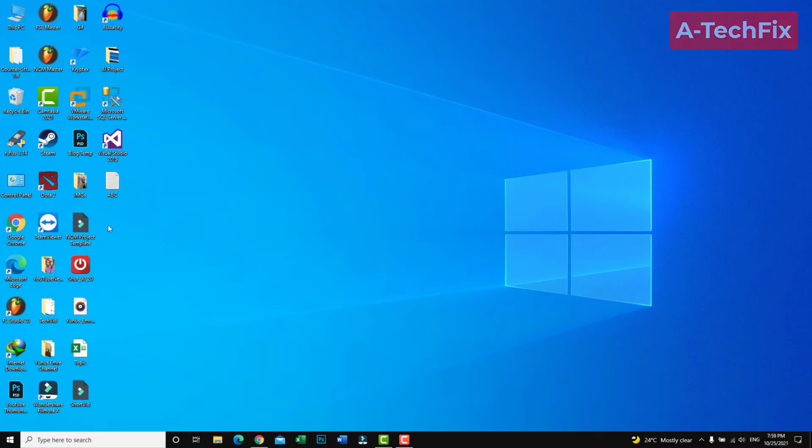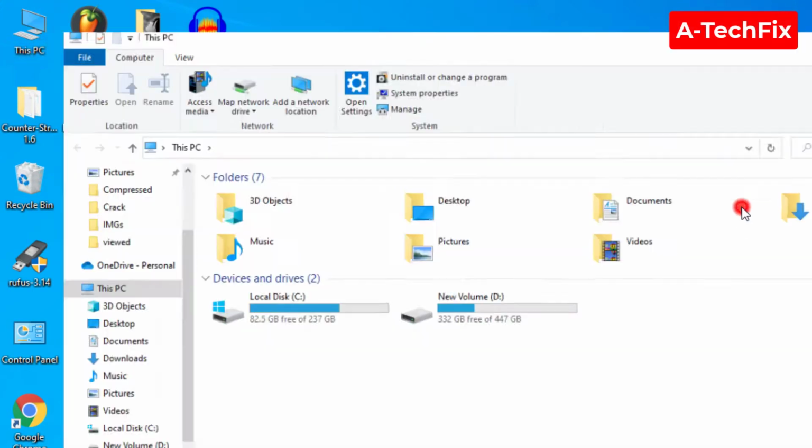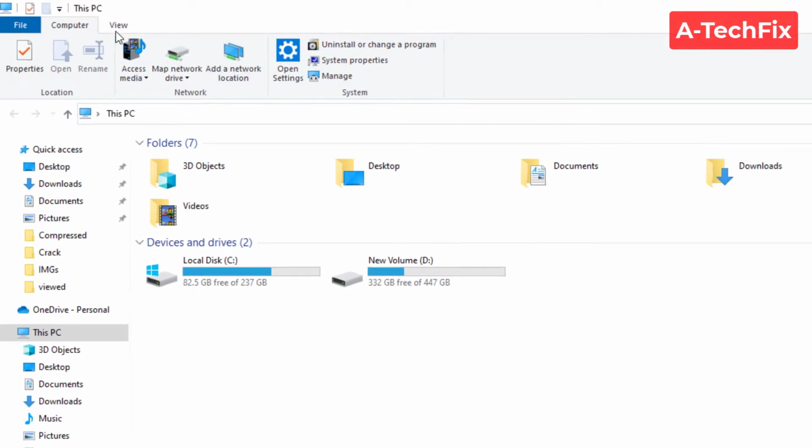To show file extensions on Windows 10, simply go to this PC, go to top,